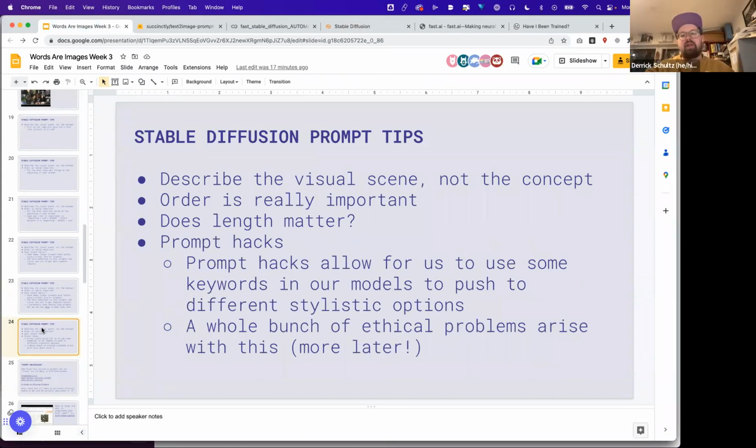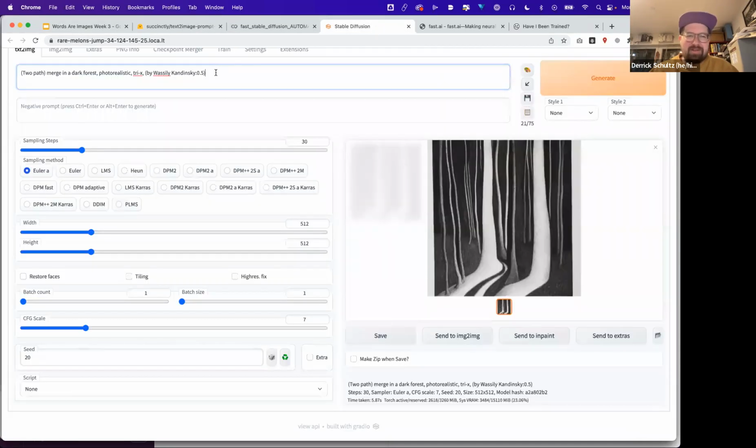So prompt hacks. We talked a lot about this. Prompt hacks are generally the idea that, remember, our data set has been scraped from across the internet. What tends to happen is it scrapes from popular websites, say DeviantArt, which is a very popular website for illustrative images, more punk rock or heavy metal or whatever it is. So if you add the phrase, we'll try this, if you add the phrase DeviantArt into this,